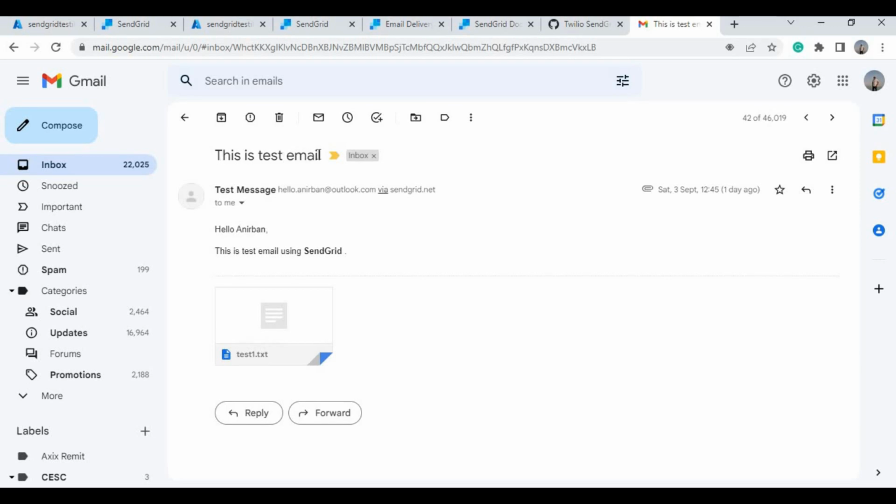Okay, go back and see the mail status, whether we have received the mail or not. This is the test email, this is the test subject line, and this is the body, and this is the attachment also. As you can see, we can easily send email